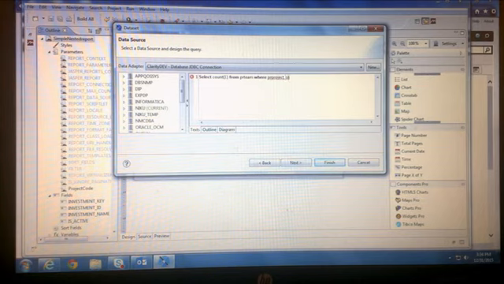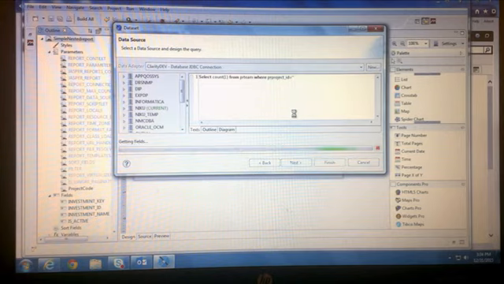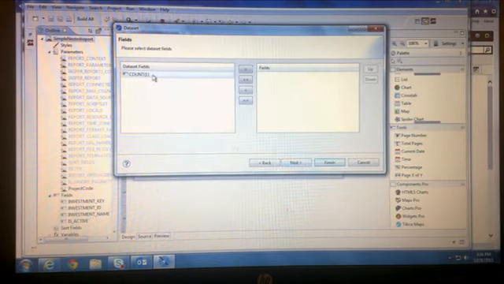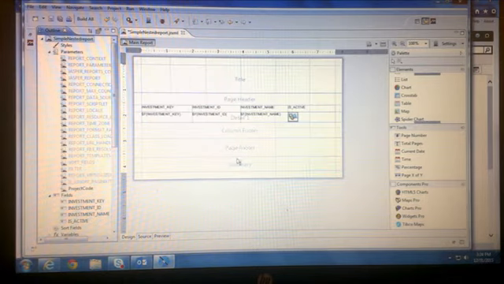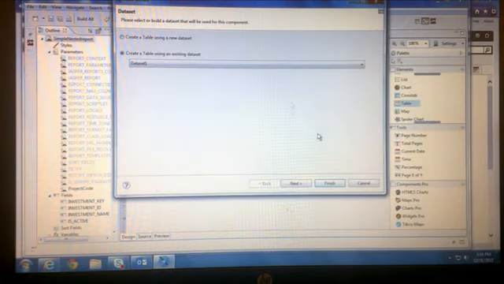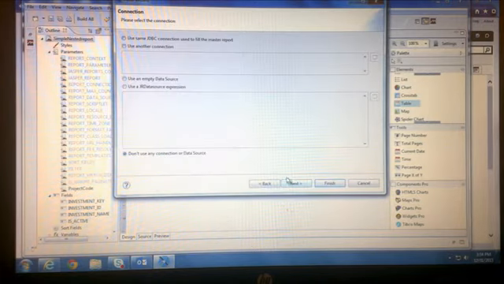In this case I will say dollar. When you create it you have to leave it blank, so I'll leave it blank. So let's see, PR project ID. Okay, good. And then I'll finish it. Next thing is I will put a table here which uses dataset 1, use the same JDBC connection.